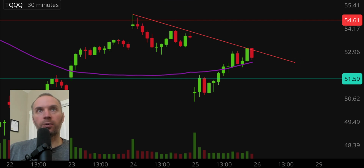Because that's essentially right where it's gotten rejected several times before, going through the history of things. Rejected, rejected, rejected. So keep a close eye on that. But yeah, a good solid break of that. Can it travel back up to that area and get the break of that? It creates a very interesting scenario. But all things considered, like I said, from how this one started to how it ended, overall, I'd say a